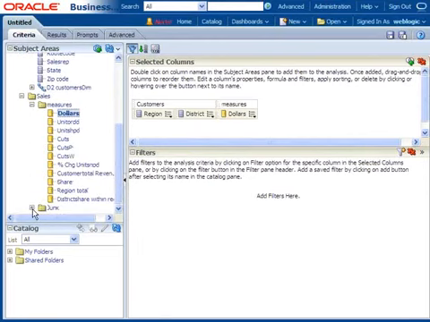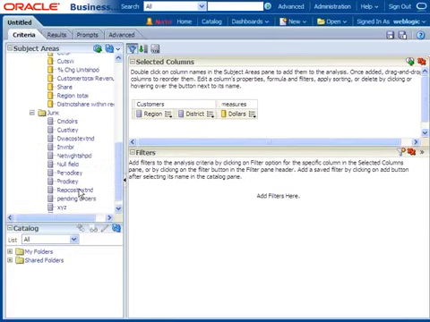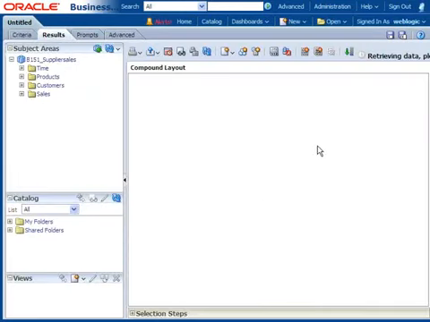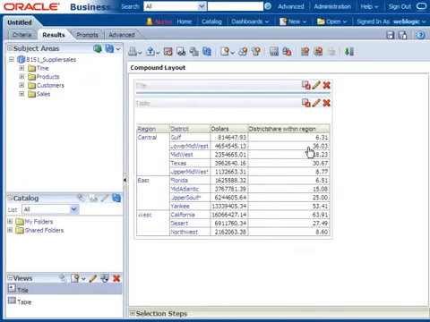Next one, district share within the region. Click on results. Now it is giving me the 6.9, 6.3, whatever you are expecting, that is giving, right? So 6.3 corresponds to the Gulf share within the central region.